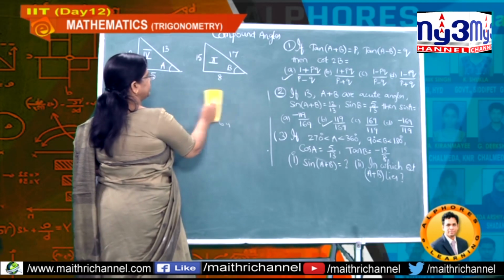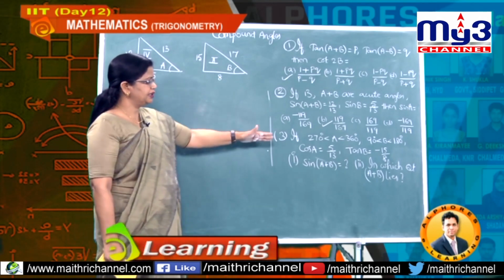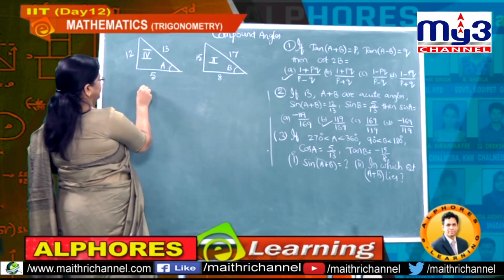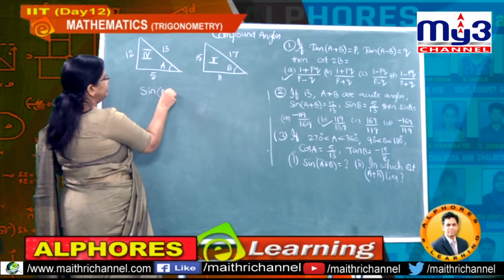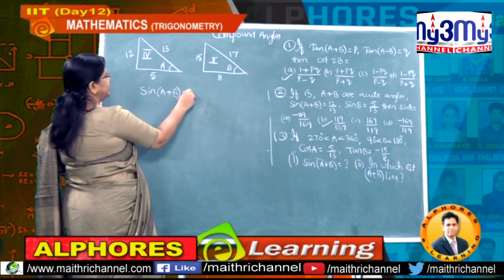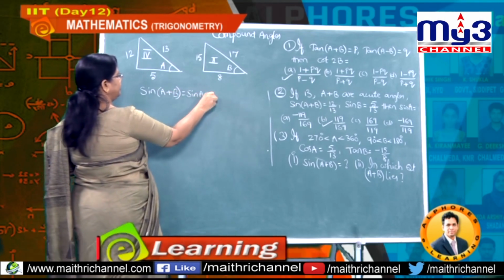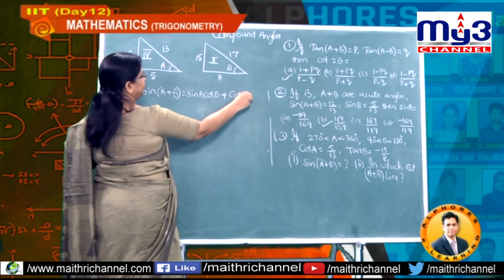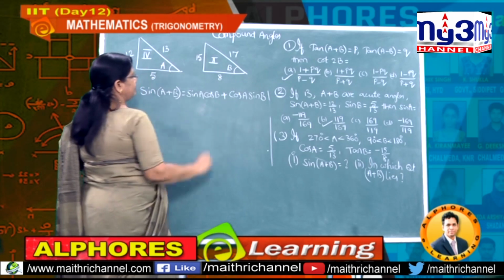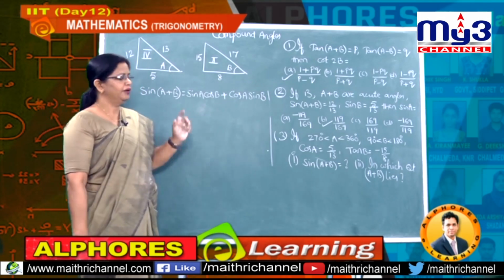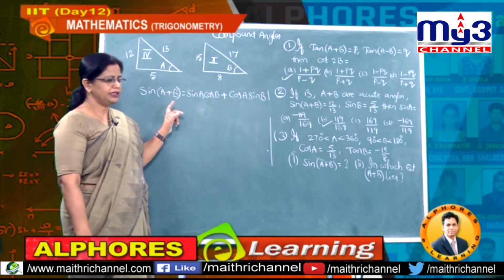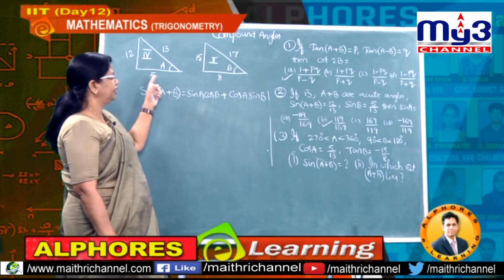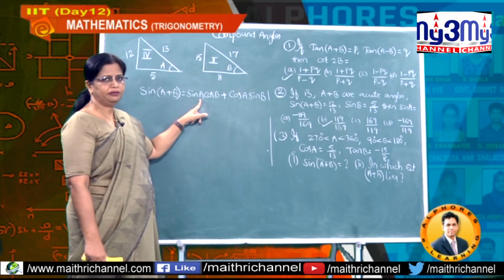And now students, this is the information, cos A and tan B given. Now, let us start with sine of A plus B. So, what is the sine of A plus B formula? Sine of A plus B, it is the important formula, many of you know very well. Sine A cos B plus how much? Cos A sine B, right. So, this is our formula. So, you have to expand, don't write sine A plus sine B, understand. This is the formula. After writing this formula, let us substitute one by one each of the values.